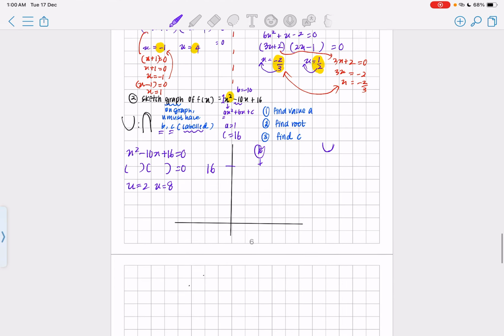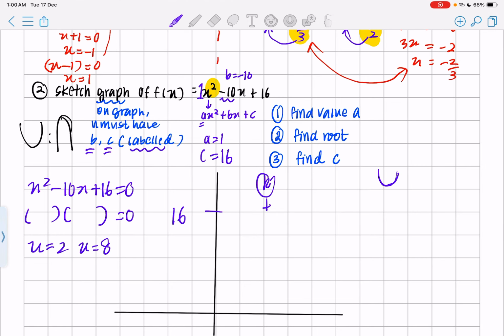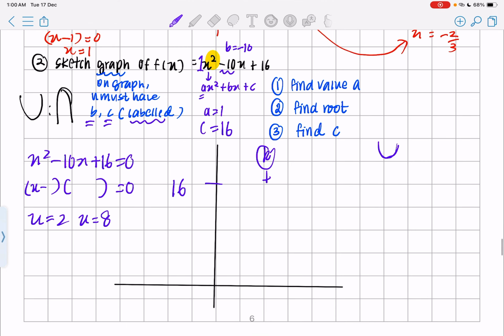So, correct kan apa yang kita tengok? Negative 10. Okay, so x minus 2, x minus 8. Ingat, kena tukar dia punya simbol jadi negatif. So, let's say I letak 2 kat sini. I letak 8 kat sini. And then, it must